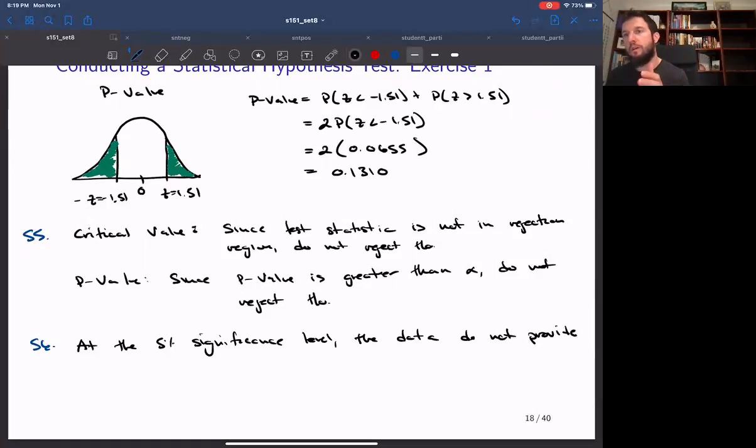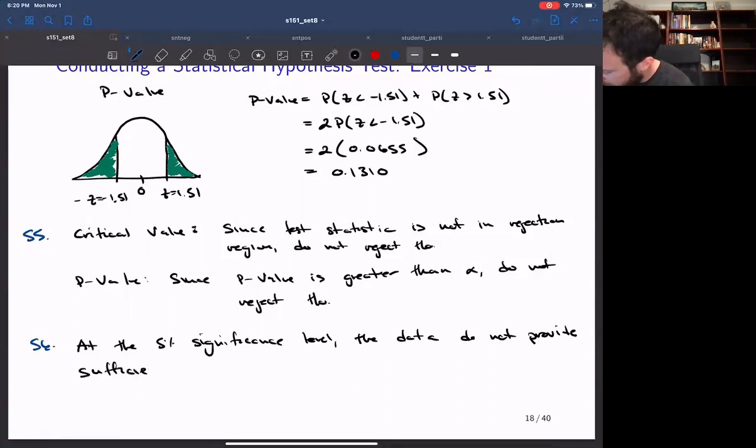Okay, so now what we're doing is we're stating what the data have shown us in the context of the alternative. So we did not reject the null. That means that the data do not provide evidence that the alternative might be true. So what I'm writing right now is that the data do not provide evidence that the alternative is true. So at the 5% significance level, the data do not provide